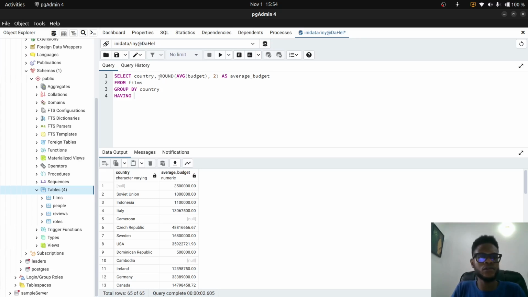We can copy this. So yeah, this is the average budget. Having average budget greater than 1 billion. So 1 billion should have 9 zeros. 1, 2, 3, first 3, and 1, 2, 3. Yeah, the reason why we're using this instead of the alias name is because this part